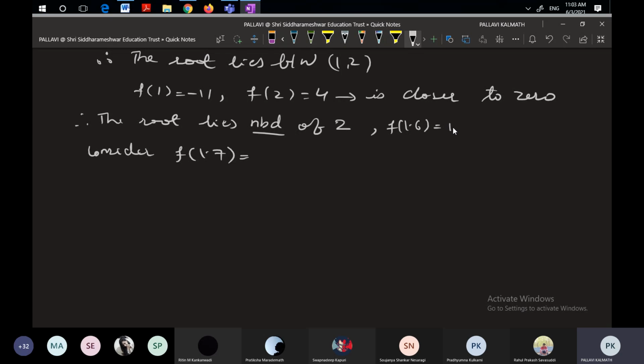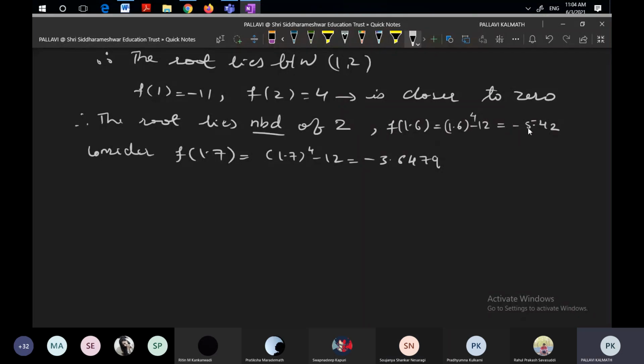Minus 5.44, ma'am. x raised to 4 minus 12 is the equation, no? And f of 1.6, how much did you get? Minus 5.44. Minus 5.44. Okay, negative. f of 1.7, did you get? Minus 3.6479. Minus 3.6479. Yeah. Okay, so see here,